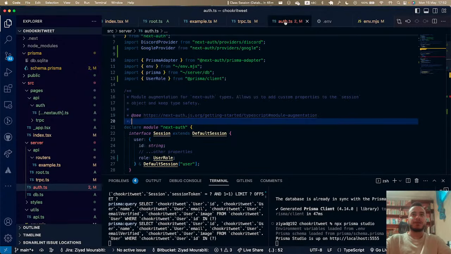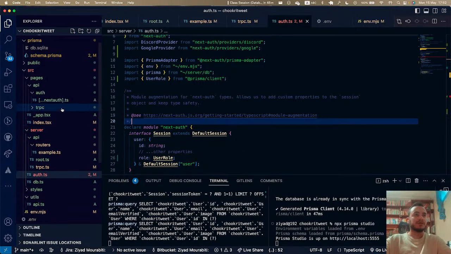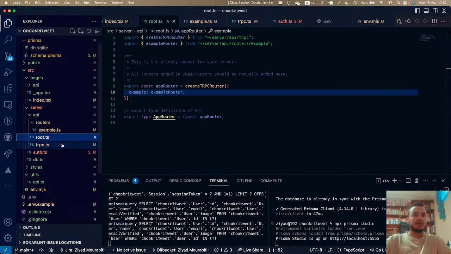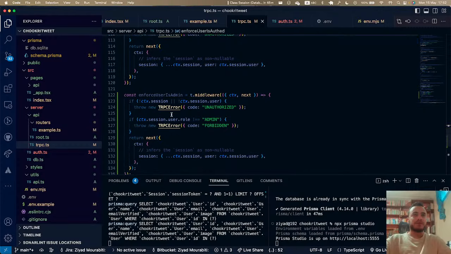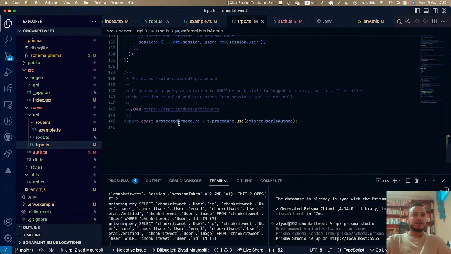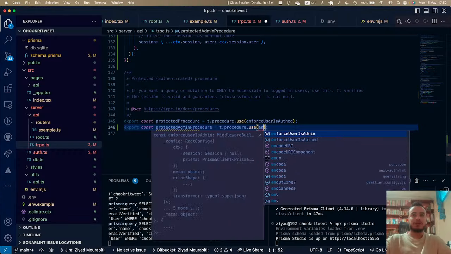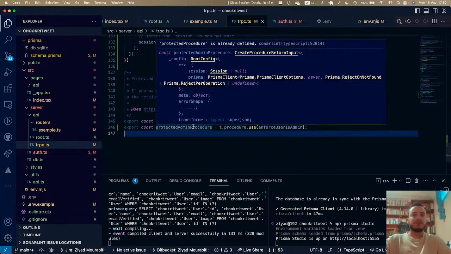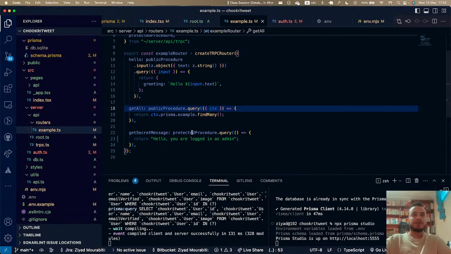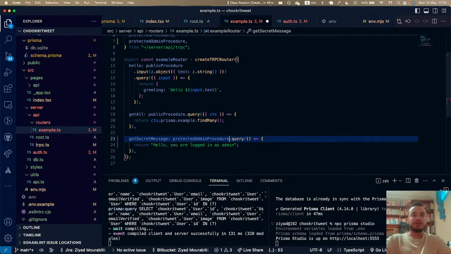so I'm gonna have to switch this into enforce user is admin, but I just remembered that I didn't actually export that as a valid middleware. So if I go here, go to a public procedure. So enforce user is authenticated. Enforce user is admin. So I can do something like this. Protected. Let's call it protected admin procedure, and to enforce user is admin. I think this is gonna be plain. Yeah, perfect. Now if I do here protected admin procedure,